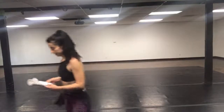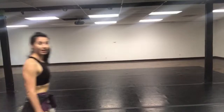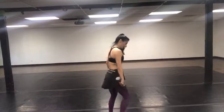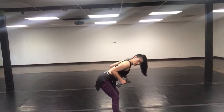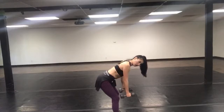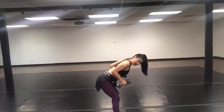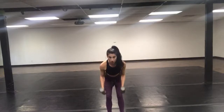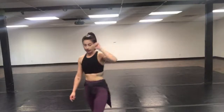Let me get my weights. So bent over row. Let me move that, there we go. Bent over row. We are squeezing the shoulder blades together on either side of the spine. Elbows stay tight. So that's exercise number 1. Number 2,